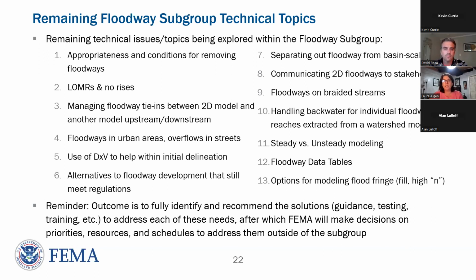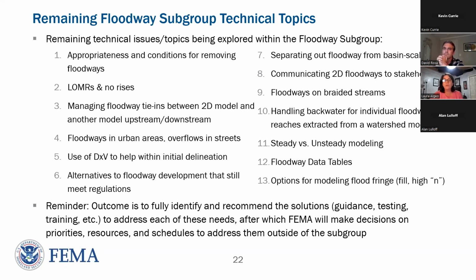So appropriateness and conditions potentially for removing floodways if they don't make sense technically, low Mars and no rises, how to really work those in and make sure that they're usable when we produce them, managing the tie-ins, urban areas, the overflows in the street areas, how depth times velocity can help with the initial delineation, and then alternatives to floodway development that might still meet regulations to make those easier, separating out the floodway from basin scale models, communicating floodways. It's really challenging. Floodways on braided streams, a lot of these kind of tie back to some of the